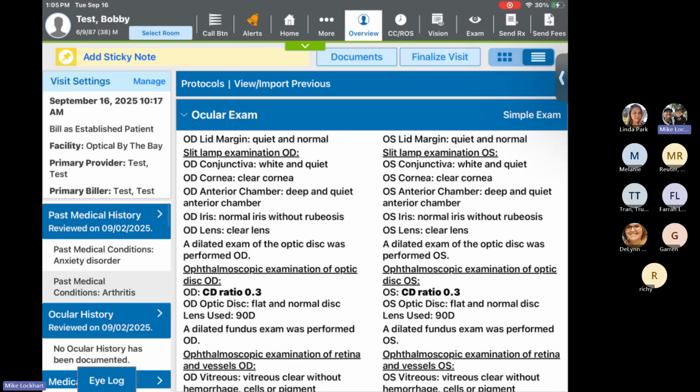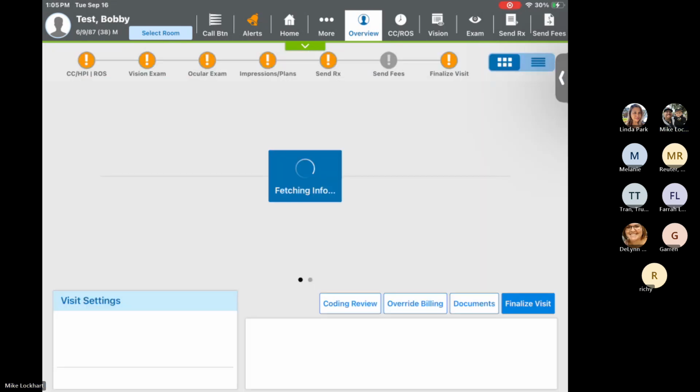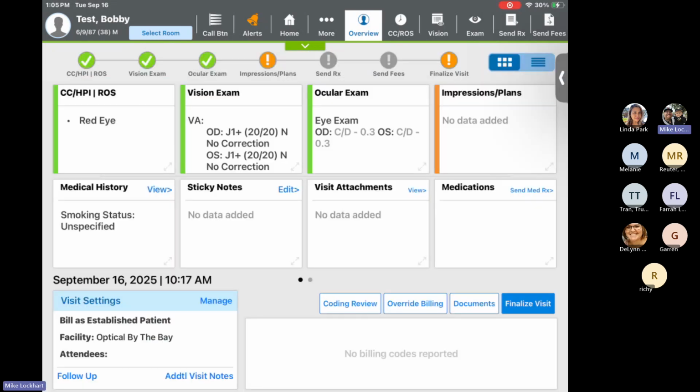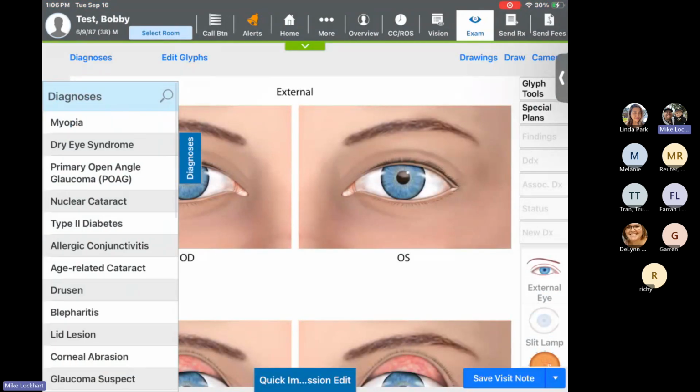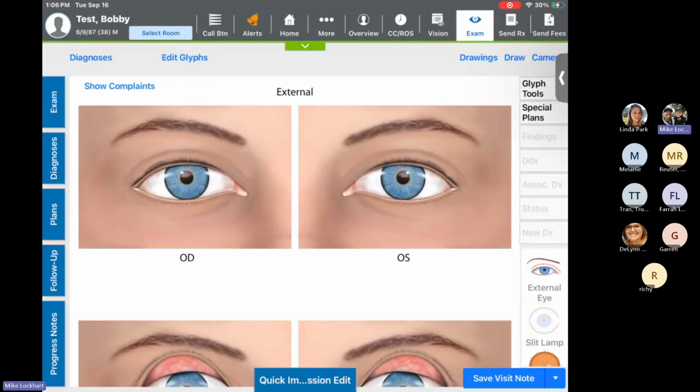So what we have to do is switch it back up on the top right to that waffle view. Okay. So now that I'm in that waffle view, I'm going to go ahead and get into my ocular exam. All right. Okay. So now when it comes to your Glyph tools, if you look at the very top right